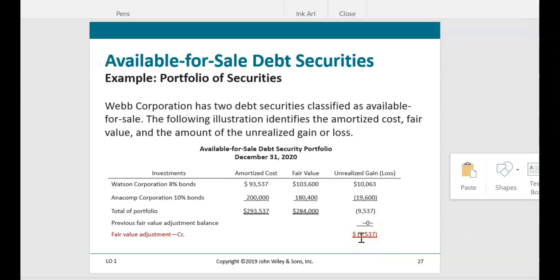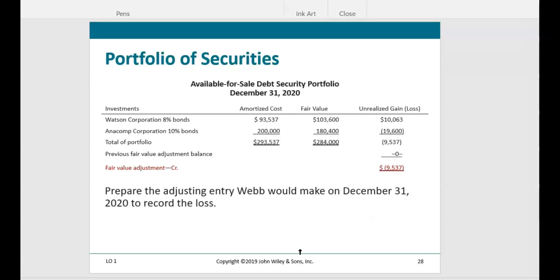So we're told that there's zero balance in the fair value adjustment account, but we need to take the fair value of our securities, our two debt investments, down 9,537 from amortized cost to fair value. So what would that journal entry look like? Let's record that journal entry here. Fair values decreased. That's a loss, but not a loss to net income. So this is going to be an unrealized holding gain and loss to stockholders' equity